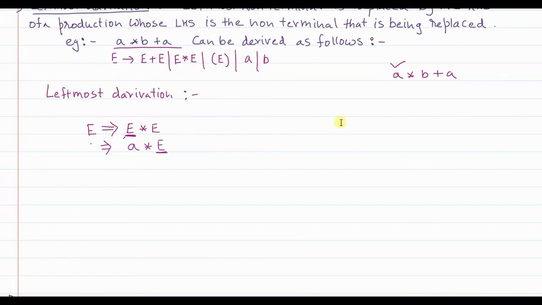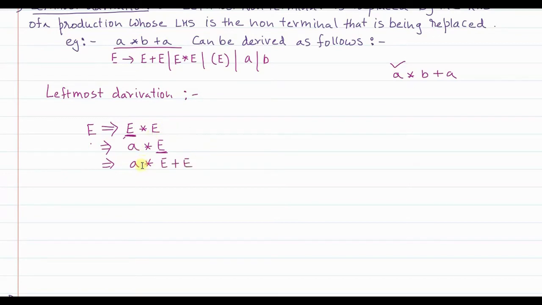Replace with what? Now see, the multiplication term is included, but what I want next is the plus sign, right? So this E will be replaced with E plus E, so that plus comes into picture. So I replace this E, the next leftmost element. In my case now, the next leftmost is also the rightmost. I expand it with E plus E. So then this will become A into E expanded as E plus E.